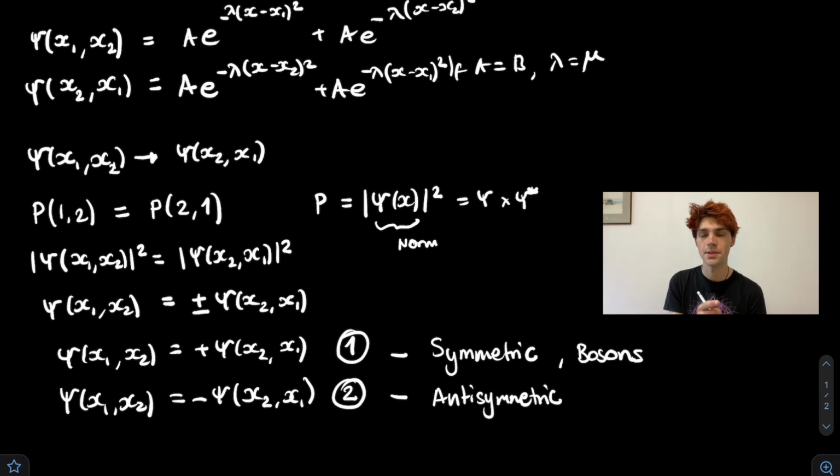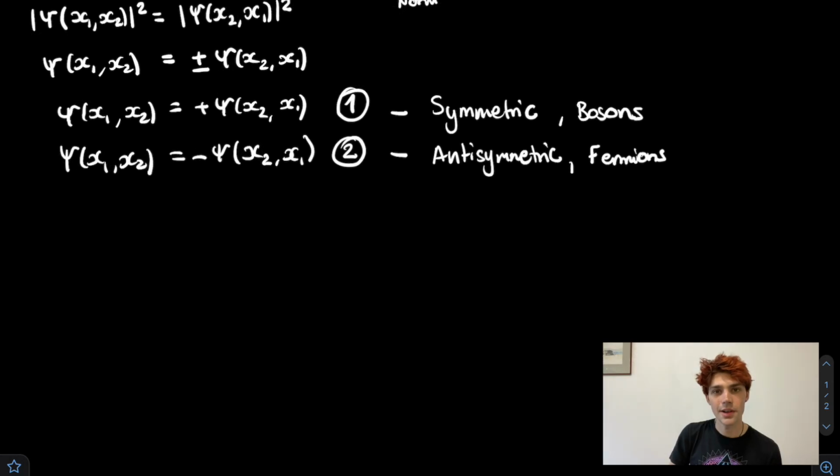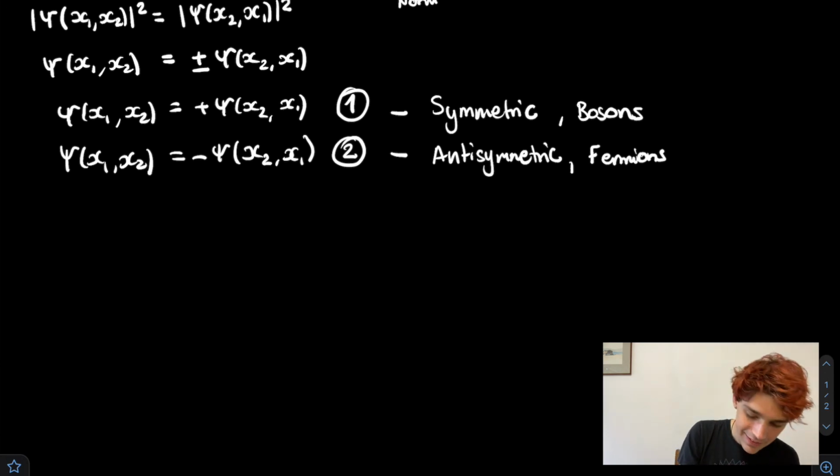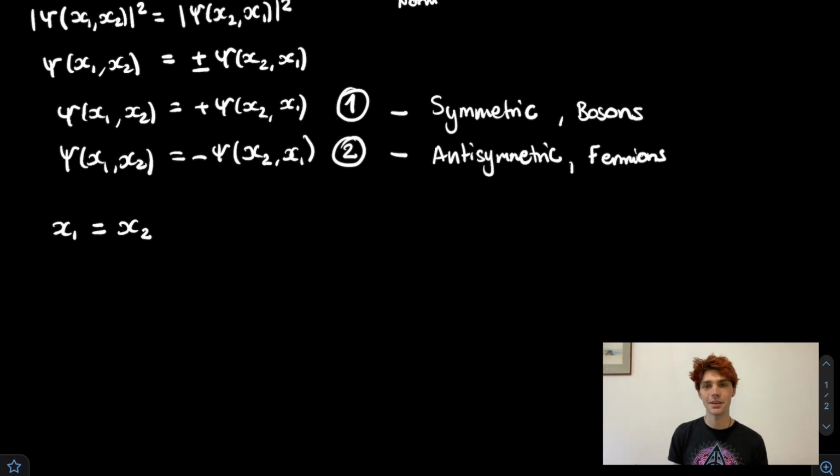If you swap two bosons, then you'll find that their wave function doesn't change at all, not even sign, it's the same thing. But with fermions, when you swap the two, fermions are the anti-symmetric solution. When you swap the two fermions, then the wave function does change sign. So I'm going to ask the question, what happens if we try and put two particles in the same position? So I'm now going to say that x1 is equal to x2. We are going to put both particles in exactly the same position. What is going to happen in both case 1 and 2?